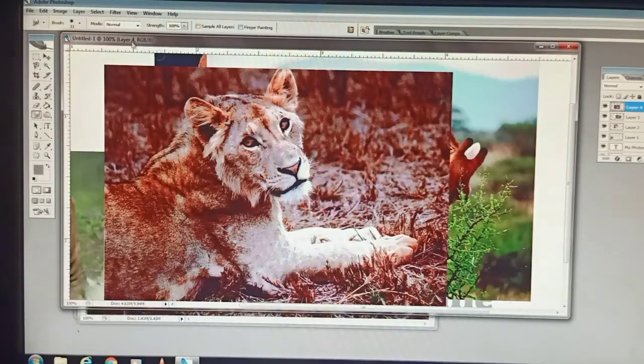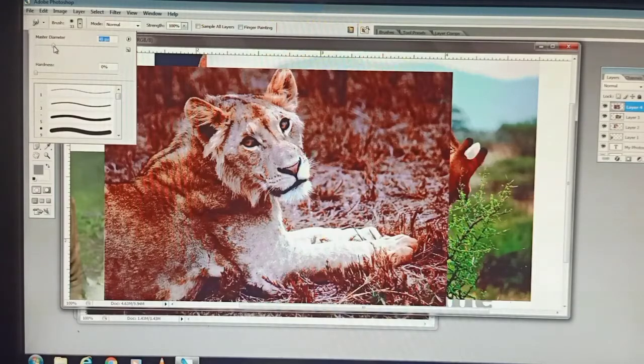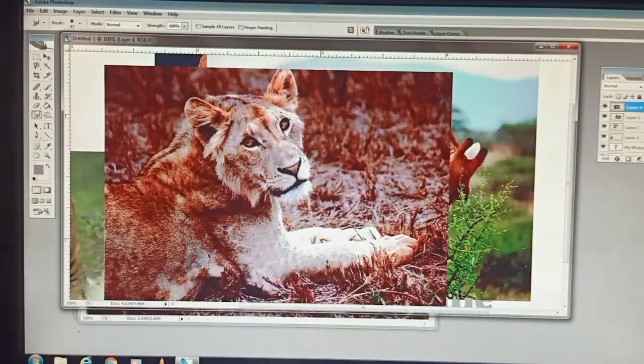Now we can increase the size here. You see, this is the size. We can increase the size and decrease the size also. I told you this is the option bar, and this top one is the title bar. Now this part I want to smudge. First I am enlarging this one.